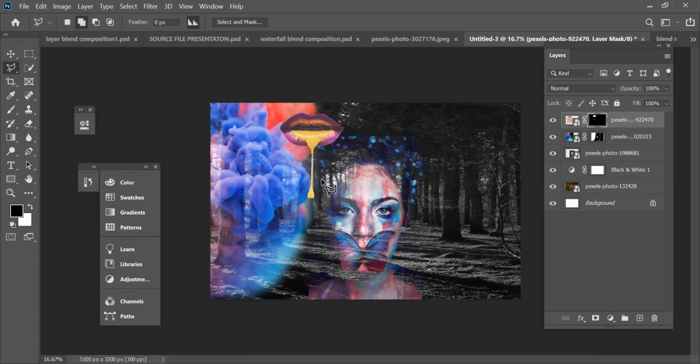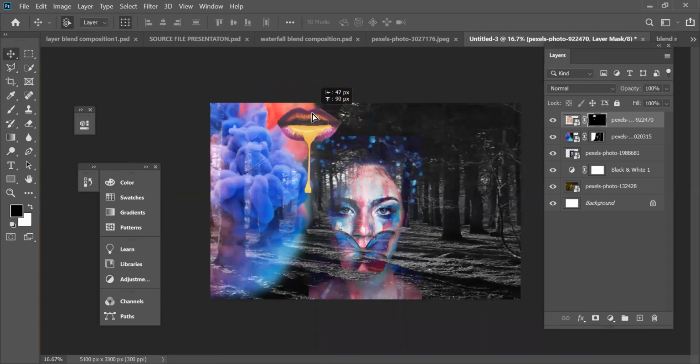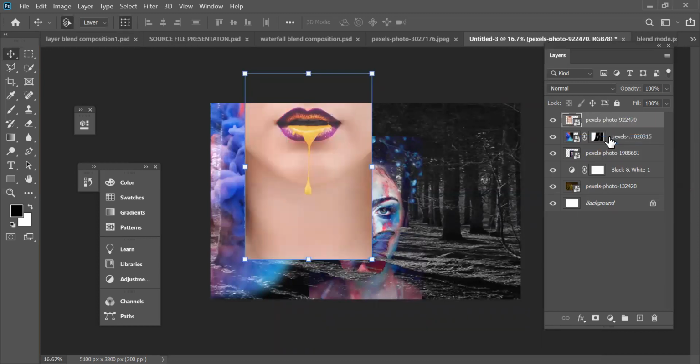So it has come out like this, like, you know, the lips have come out like this. So you can use your selection like this as well. You can use the masking tool like this. But let's suppose I don't want to work on this picture the way I have worked and I want to delete the mask. I can delete it by just clicking on this delete layer mask.